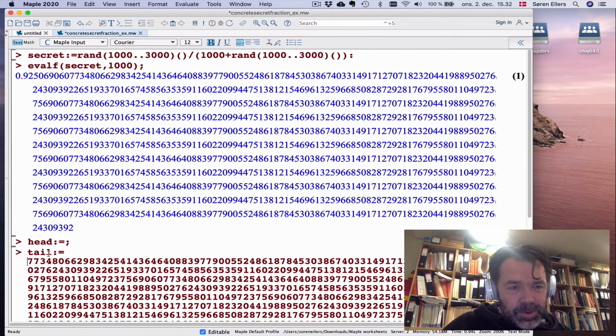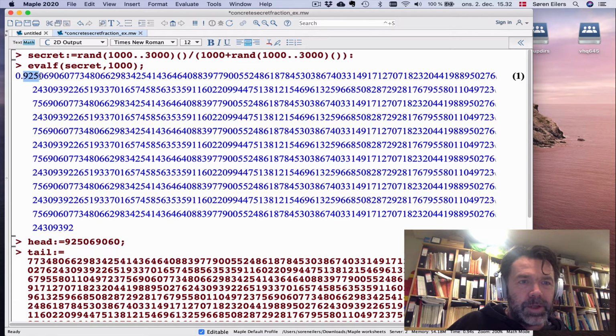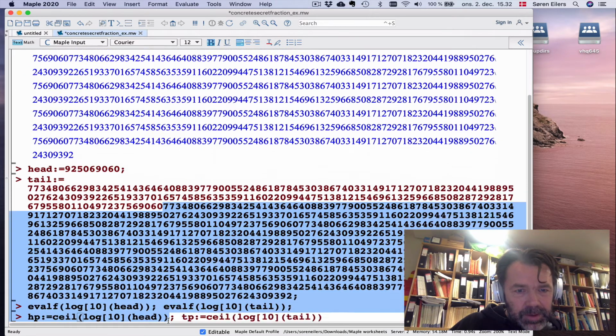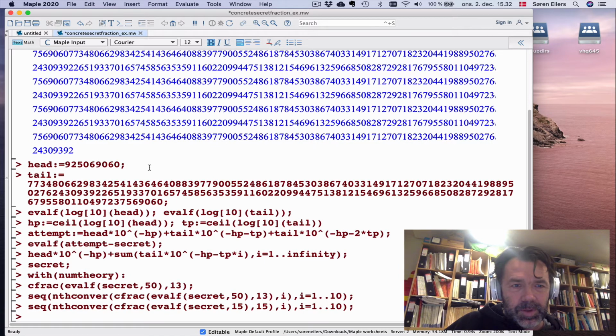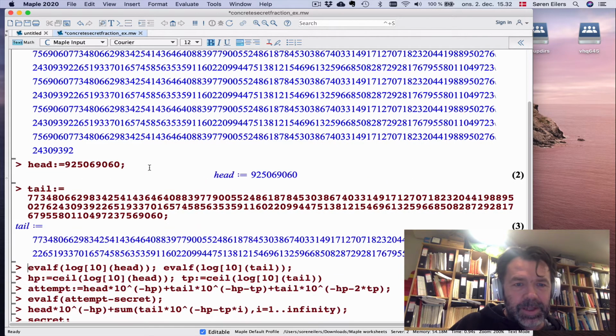So I'm going to remove the beginning of my fraction and call that the head, and then I'm keeping the tail until I have a repetition back at 7, 7, 3, 4, 0, and that is here. Right, so I'm going to remove all of this. So here's my head, here's my tail,